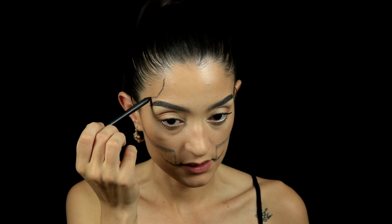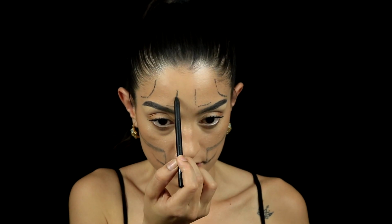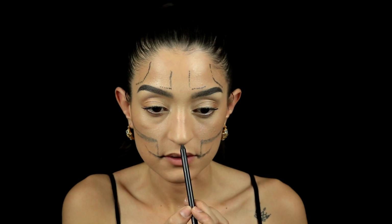Alright, so once I get the side of my cheeks, pretty much just a basic outline of how I want the structure to be, I'm also going to start drawing out the temple right here. Eyebrow is very prominent. Just like so. Alright, so now I'm also going to do just a quick